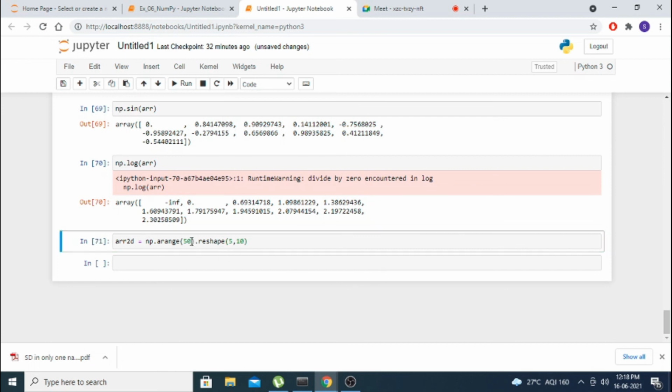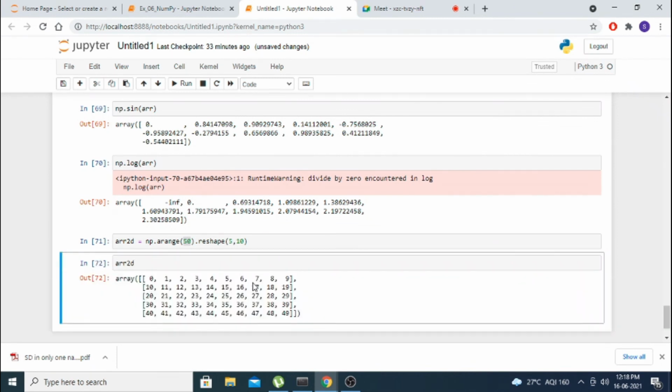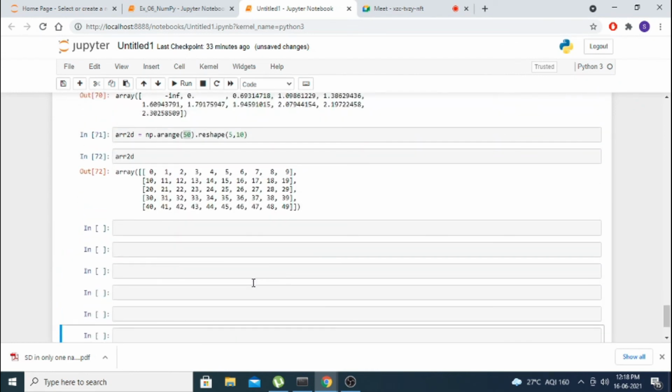So I am creating 50 elements. Those 50 elements will be made into 5 rows and 10 columns. Okay, this comes as 5 rows and 10 columns of elements.